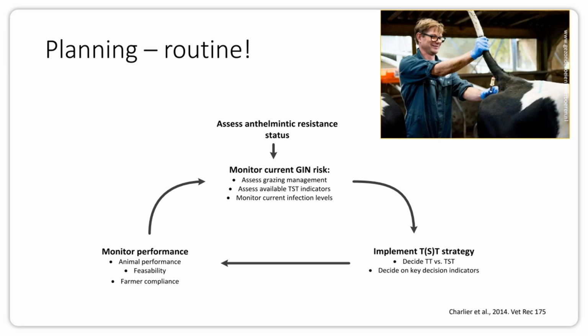It's not a one-off test, and now it is, and now we do something. It's more different steps that you do regularly, at least once a year, but maybe there's 2 or 3 time points in the year where we can think about parasites or start to plan, for instance, at the beginning of the grazing season, to plan what we will do in the middle of the grazing season to check if we're on the good way, and at the end of the grazing season to see if what we did was successful and we need adjustments.